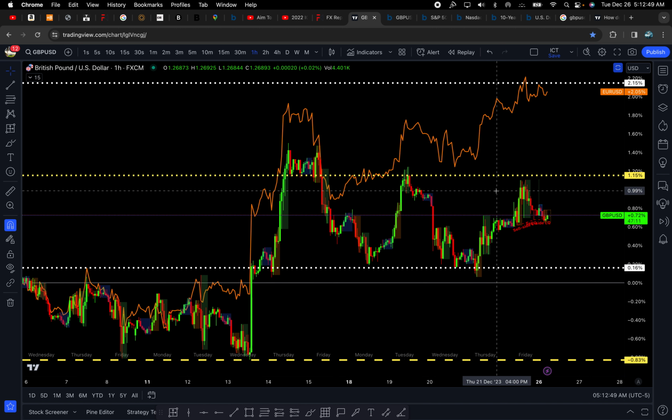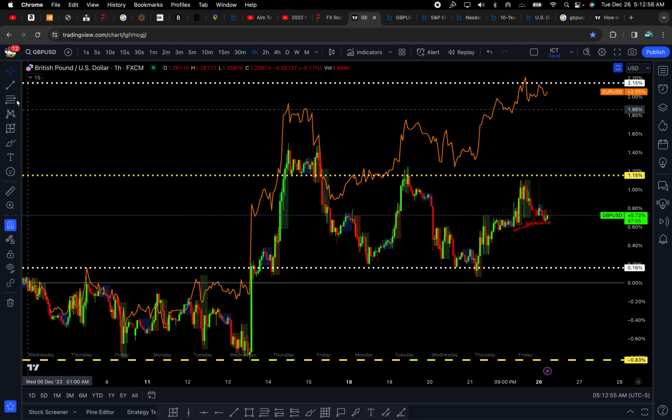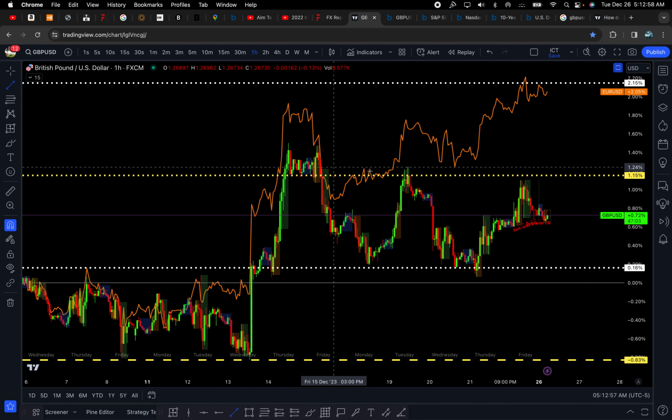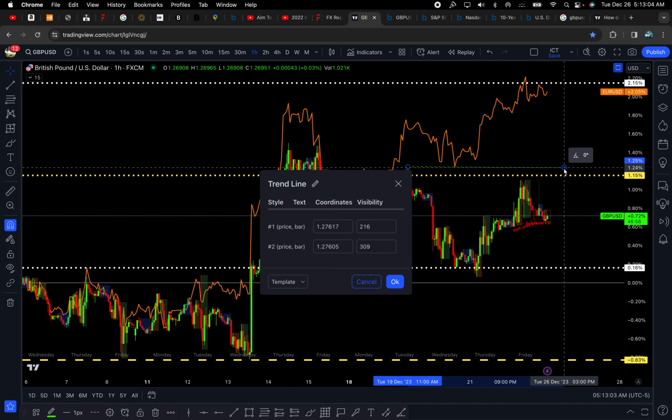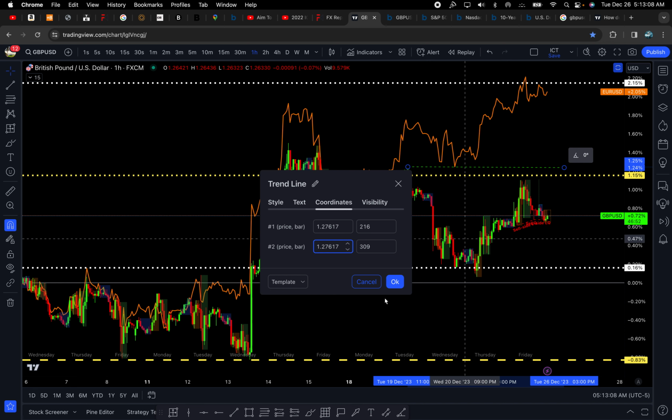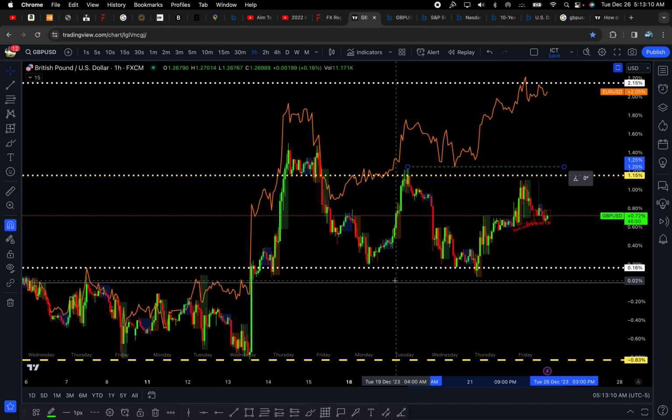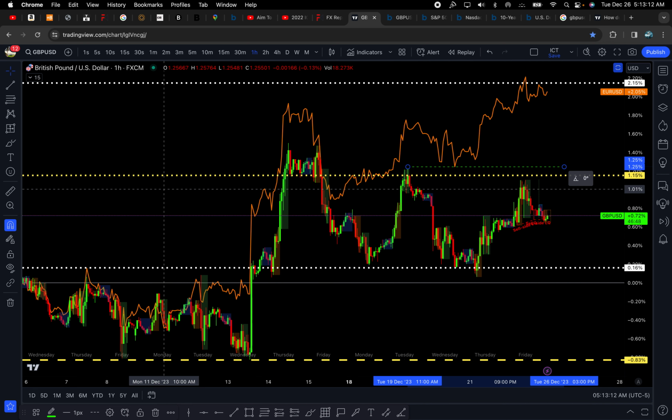But I don't think we're ready to go down yet. I would be on the lookout for a sweep above this high, or trade buy until we get there. But in terms of the major move down, you need to look at both